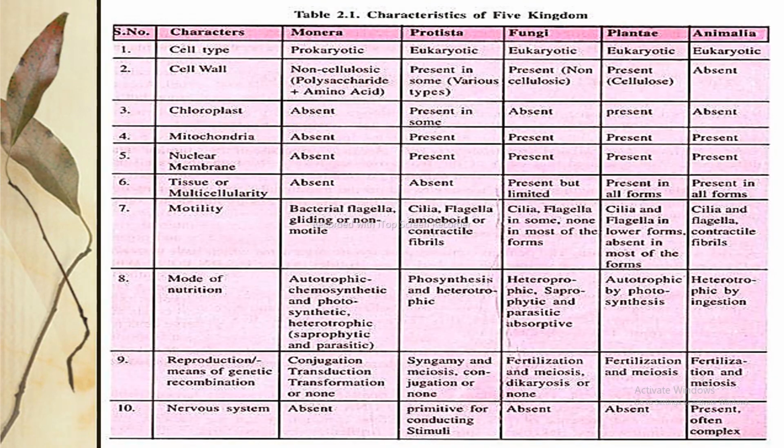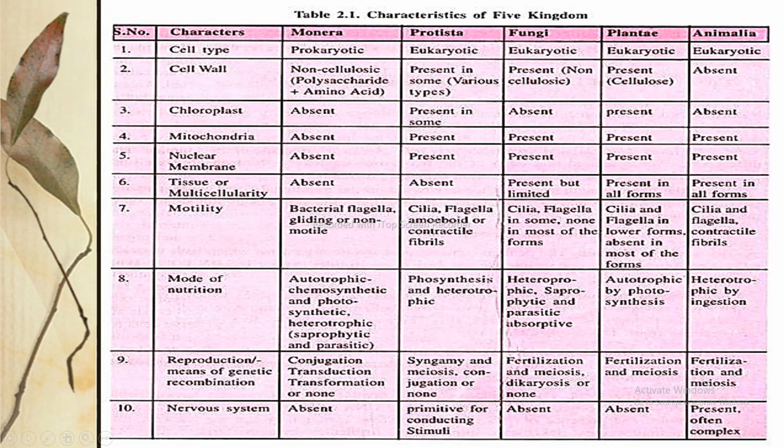So these are the characteristics of the five kingdoms. First of all, the characters across Monera, Protista, Fungi, Plantae and Animalia. First character is cell type: prokaryotic, eukaryotic, eukaryotic, eukaryotic, eukaryotic. Second is cell wall: non-cellulosic, polysaccharide plus amino acid, present in some, various types, present non-cellulosic, present cellulose, absent. Chloroplast: absent, present in some, absent, present and absent. Mitochondria: